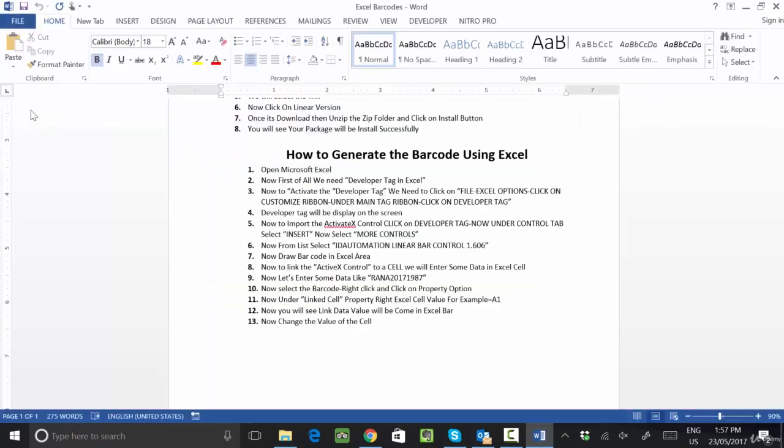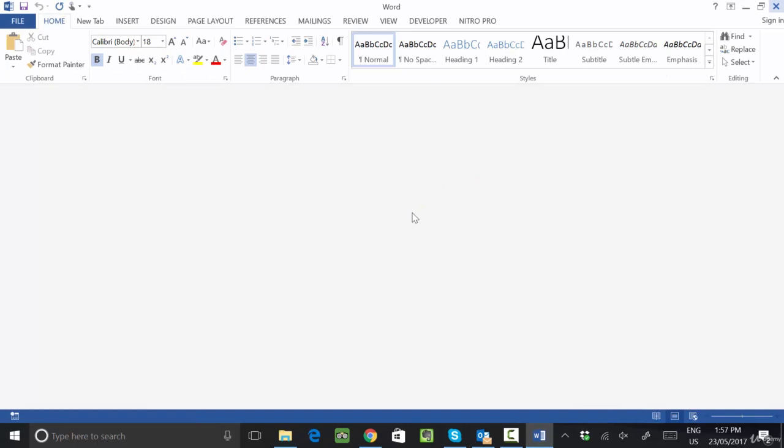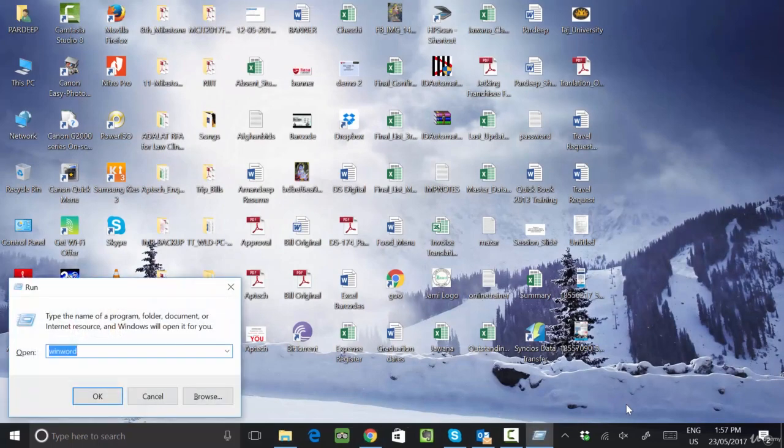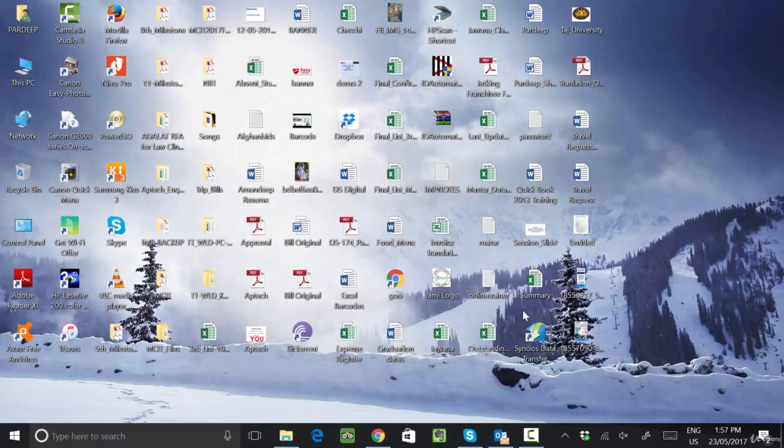Now the next option is the Save option. Save means if you want to save any file in MS Word, suppose you are creating a new document and I am writing something here in my document. There is some problem, so let's start Word again.